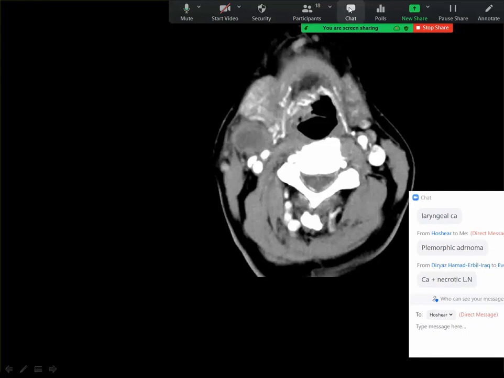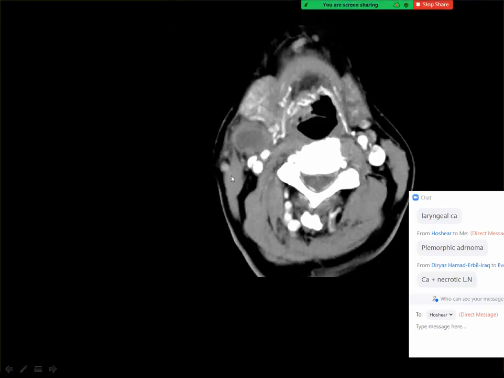It is not in the submandibular or the parotid region to say pleomorphic adenoma. Yes, this is a necrotic lymph node, which is located in this site. You know that this site is the site of the submandibular nodes, and this is one that is enlarged with